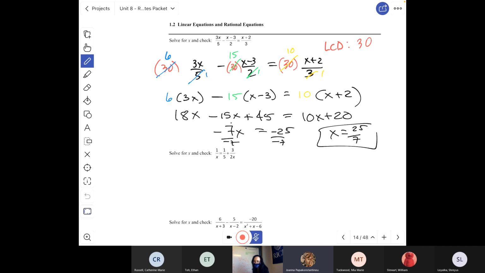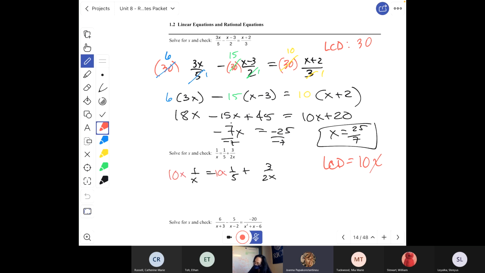Now you do want to make sure that you're checking for extraneous solutions if need be. So looking at this next example, what would our least common denominator be? 10x. So I'm taking each one of these and I'm multiplying it by 10x. So what is that going to give me? The first term becomes what? 10 equals,